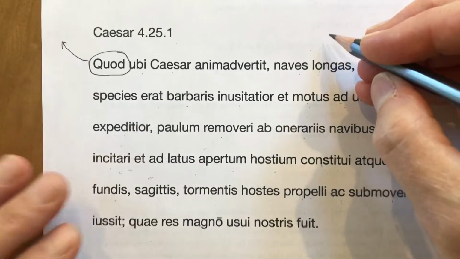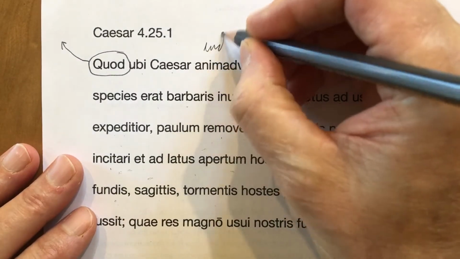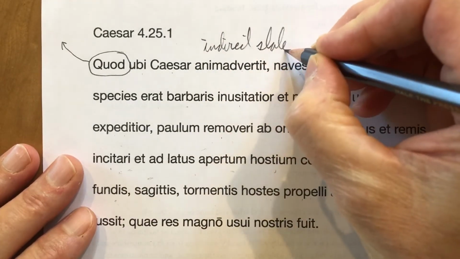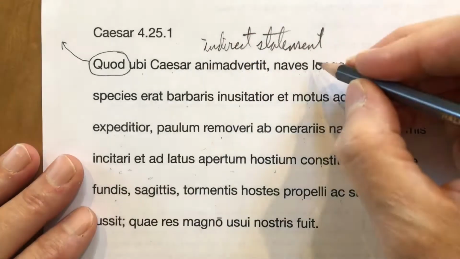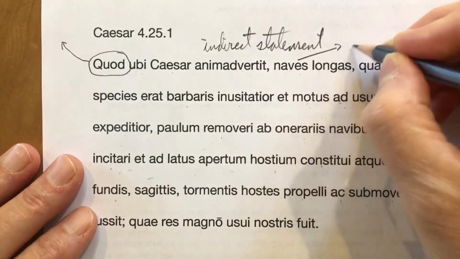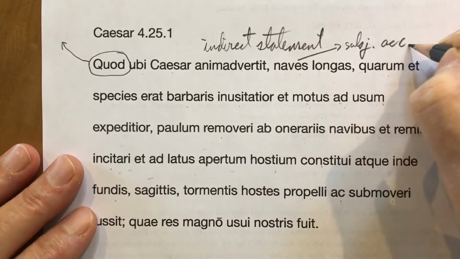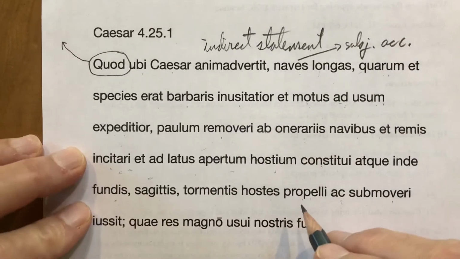And now, this is big. The theme of this sentence is indirect statement. All right, this is big in this sentence. I'll show you why. We've got subject accusative here, and then we have verb